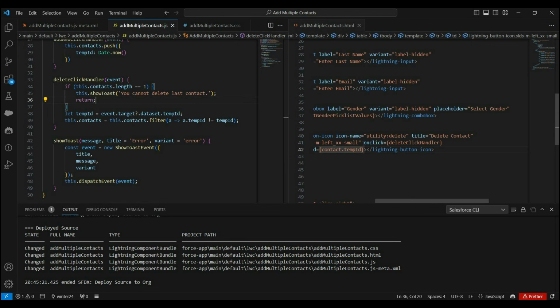Okay, so first we have added an onClick listener with the delete button and assigned this handler method,